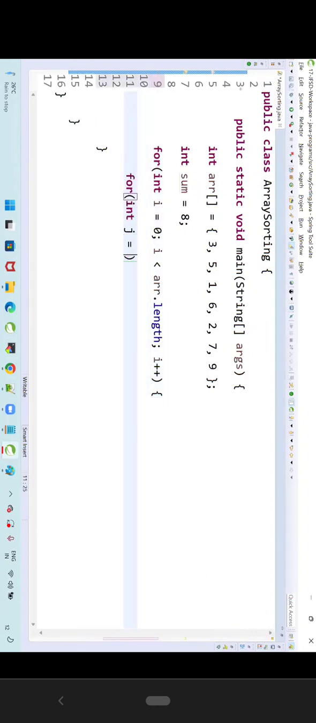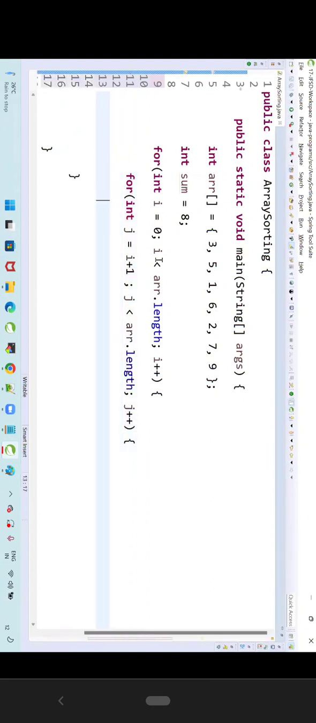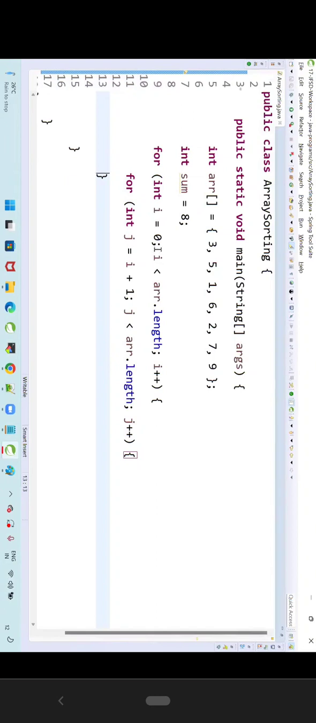Then for integer j is equal to i plus 1, j less than array.length, j plus plus. See here, i value is starting from 0, j value starting from i plus 1. Why? Because when the outer loop is giving this value, the inner loop should give all these values. The outer loop value I am taking here will be compared with this value, this value, this value, this value, this value,